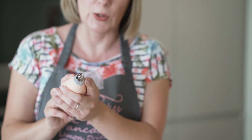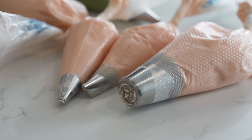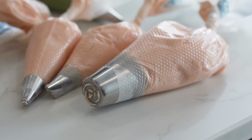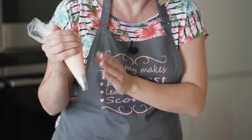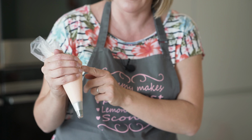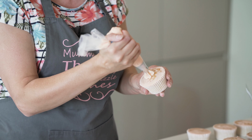It's got a closed star tip. So I've filled this with buttercream already. I've coloured it using Pro Gel Pink. Just need a tiny bit of this to get this colour. You have to make sure your piping bag is really tight. And you hold it just with your hand here like this, and all the pressure is going to come from your hand. So you start in the middle, squeeze,